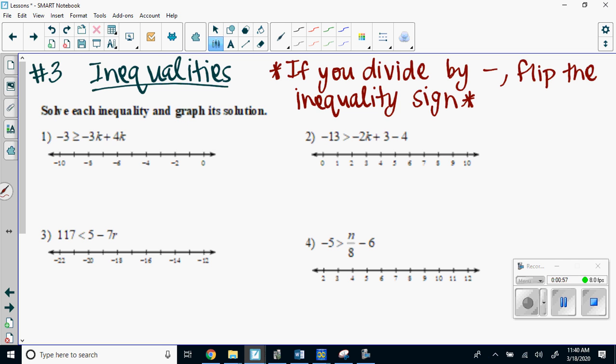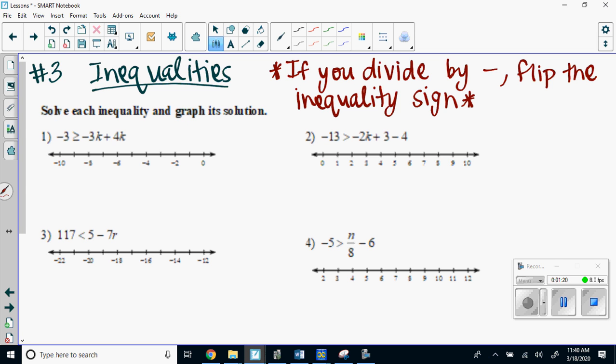Your homework on this will have 10 problems. Every homework assignment except for number 1 has 10 problems. Number 1 had 8. And they're just solving inequalities here. So we'll do a few examples. You might want to pull out a blank piece of paper and copy these examples down as we go through them. So if you're doing that, go ahead and just pause the video for a moment as you're copying the